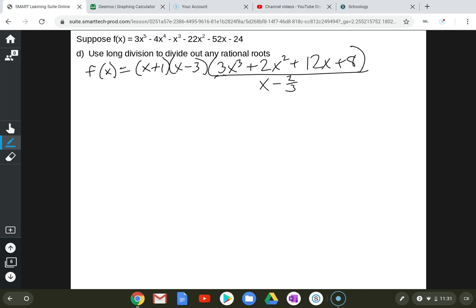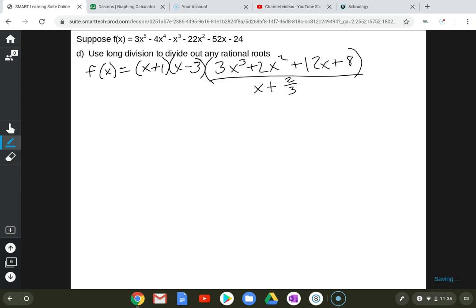Okay, so I was about to start dividing, and then I realized that my root was actually negative, and this had to be a plus. So I'm fixing that now, and I'm going to divide by x plus 2/3 into